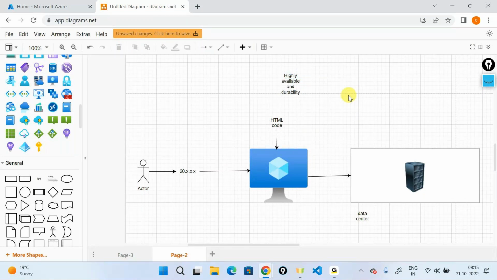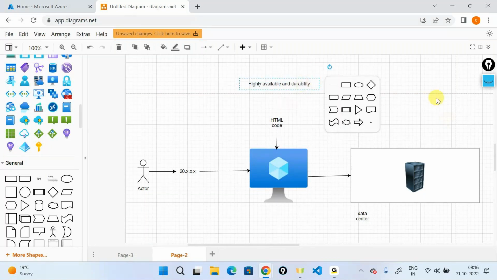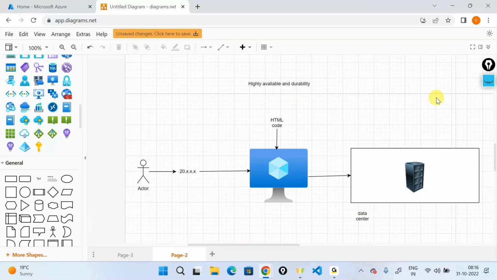What kind of steps are we taking to make sure that there is high availability and also durability? And that is where I'm getting into configuring availability and durability of my application using